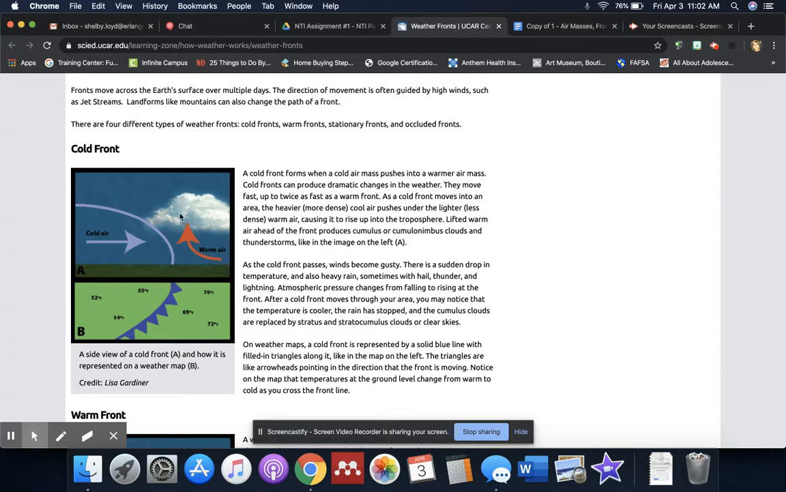It's right here. As the cold front passes, winds become gusty, there is a sudden drop in temperature, and also heavy rain, sometimes with hail, thunder, and lightning. Atmospheric pressure changes from falling to rising at the front. After a cold front moves through your area, you may notice that the temperature is cooler. You may notice that the rain has stopped, and the cumulus clouds are replaced by stratus and stratocumulus clouds or